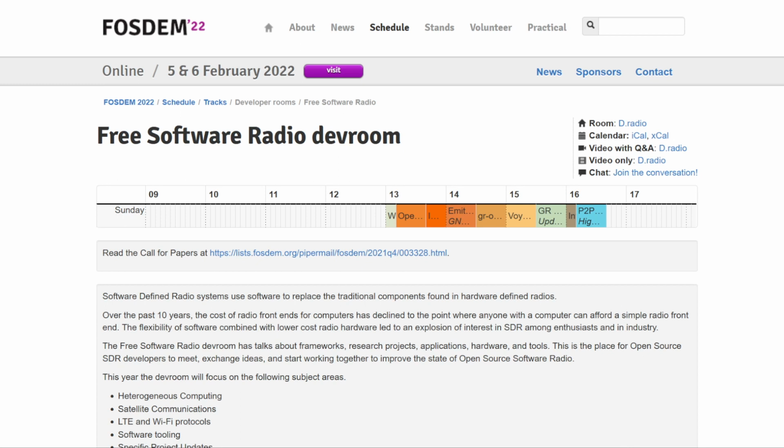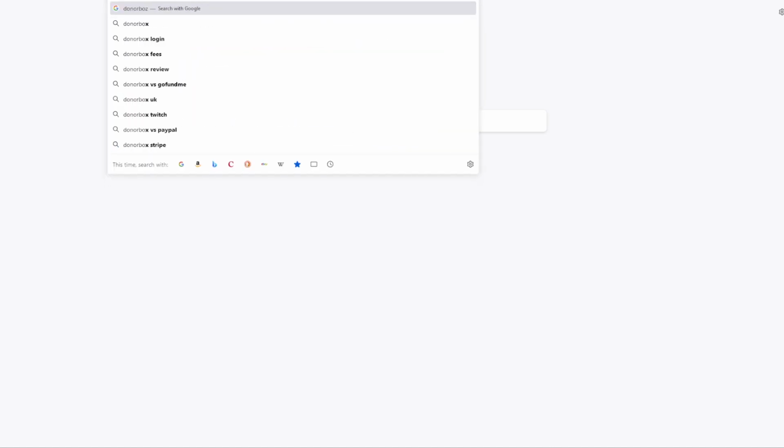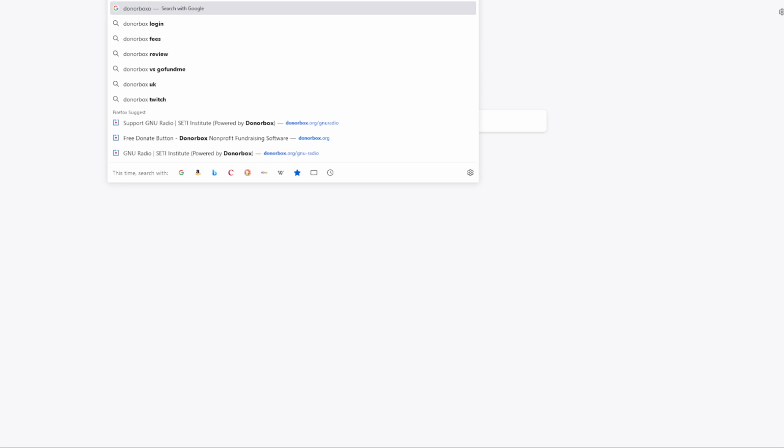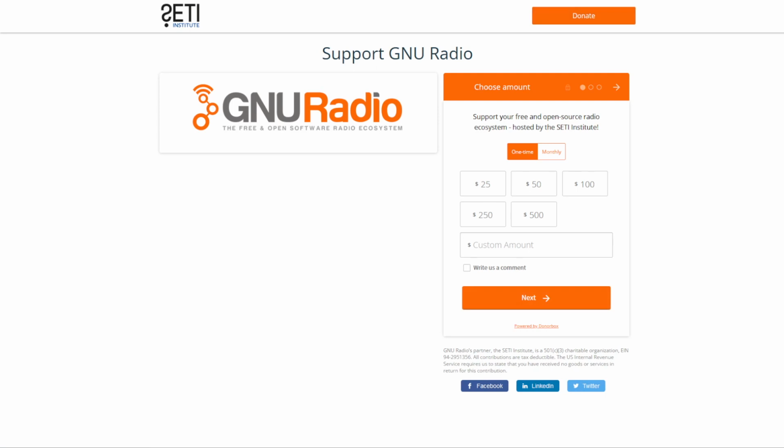If you're interested as an individual, we do have a donation system finally set up that will be added to the website quite shortly. And that's at donorbox.org/GNU-radio. And that allows both one-time and recurring donations to the project.